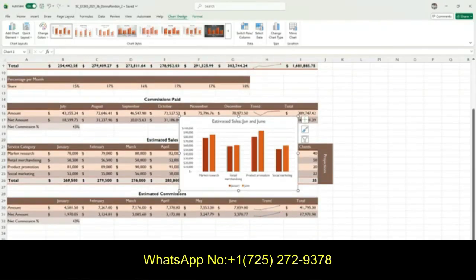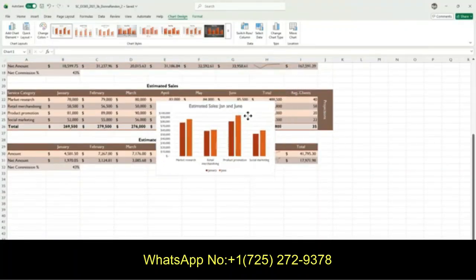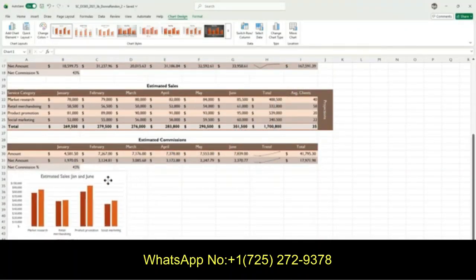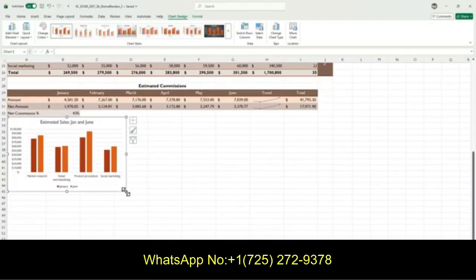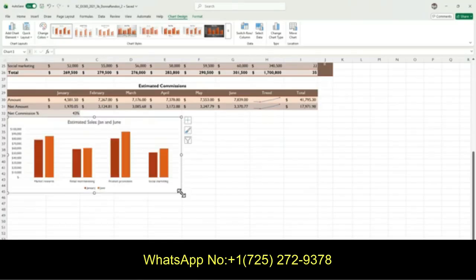move it down to A33, which is this here, just right at the bottom of that net commissions. So A33 is the upper left corner, and then the lower right corner should be E45. Yes, E45, which is here. Okay, so where's E45? I think it's here.